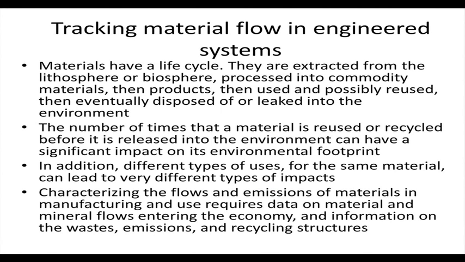system. When we say engineered system, most of us are engineers, or we understand engineering systems. Essentially, when you make any product, the material has a flow. When we say material flow, we are talking about material from its raw form, which is your mining, the raw material that you get after the mining activities, going to the smelting plant. From there it will go to a primary manufacturing plant, then to a secondary manufacturing plant, and ultimately the product will be made. So how to track it, we'll look at some of